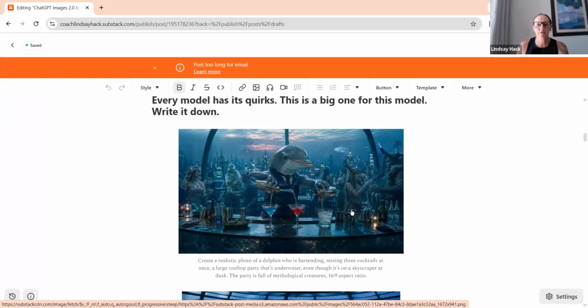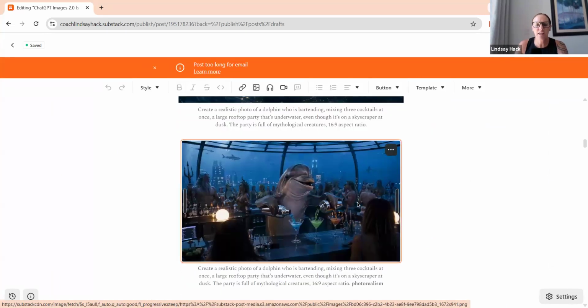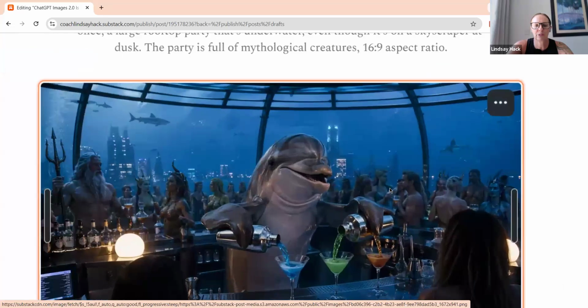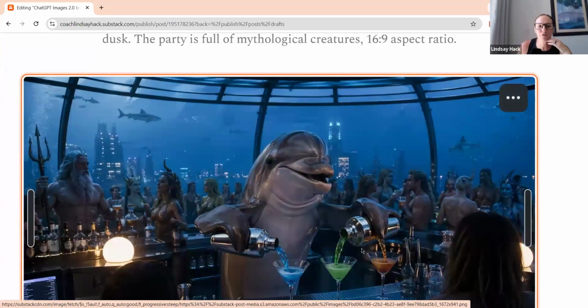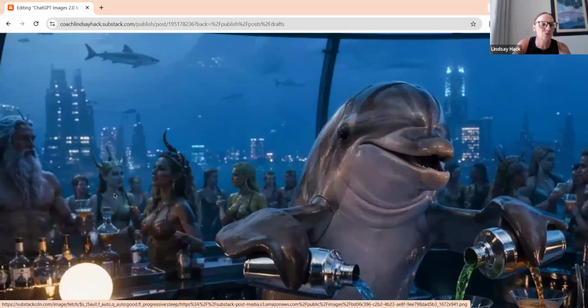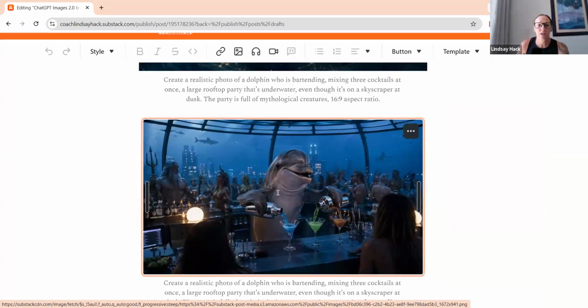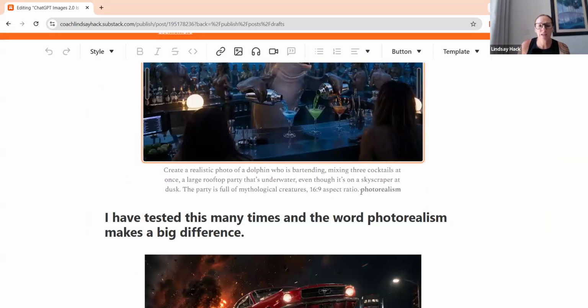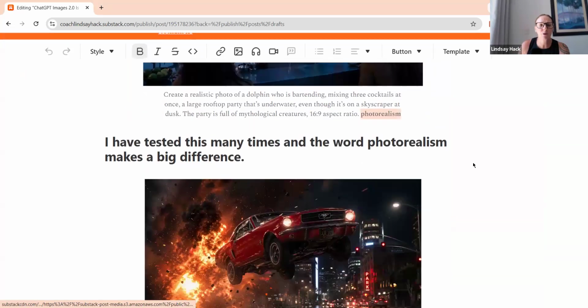But now if you see, and I add AI photorealism on there, look at this. There is slick water on this dolphin. And look at this in the background. I mean, it's obviously taking Atlantis as kind of an idea. Here we go. If you look really closely into some of their features, into their drinks, it's a really, really good image. So again, all I did was add photorealism to that one. And I've tested this multiple times, and it does really make a difference.